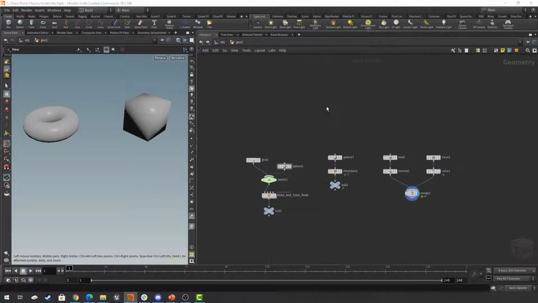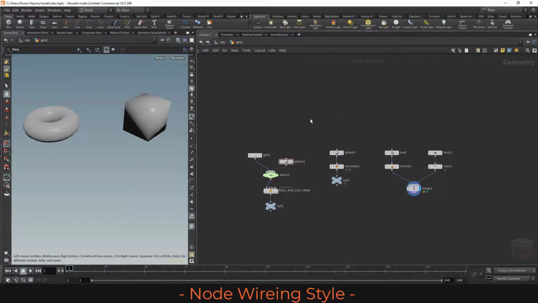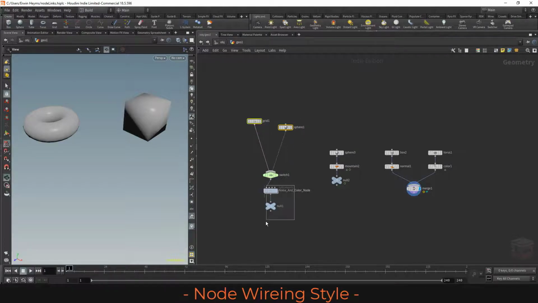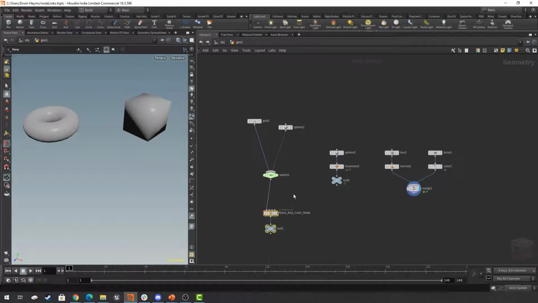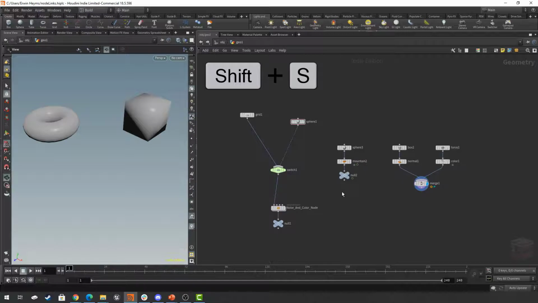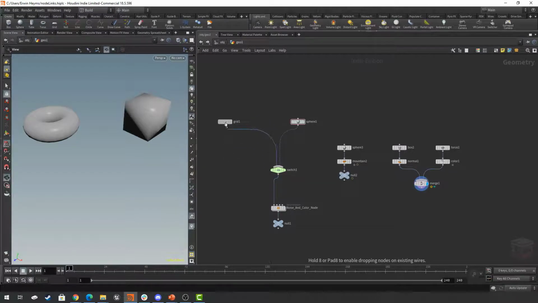And let's close it. So next what I'd like to show you is how we can change the style of the lines between our nodes. By default, Houdini will start up with this linear style, but we can also change it to a more curved style, and some people prefer this. Personally, I am partial to the linear style, but if we press Shift S, then Houdini will switch up to a more curved style, and we can then see how this can maybe create more organized networks, depending on how